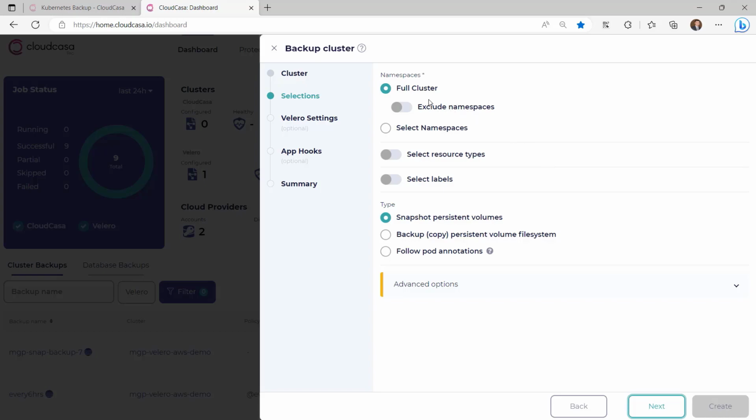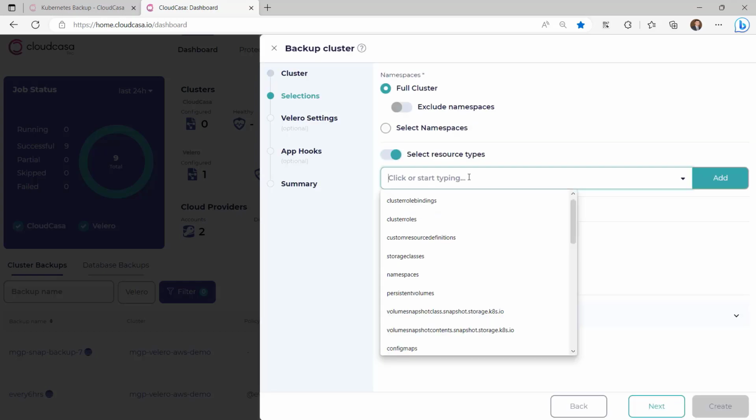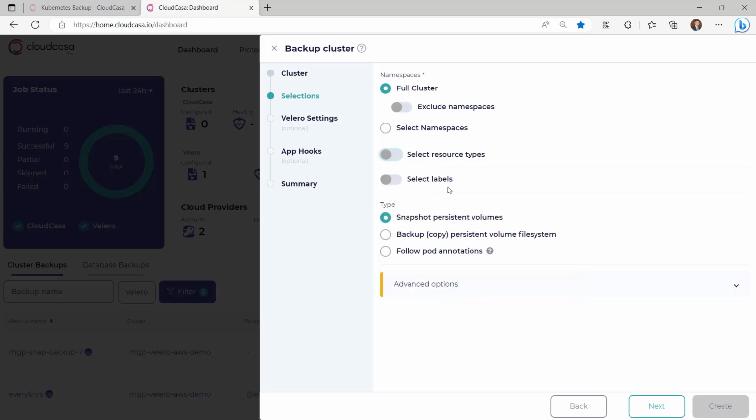So for example, here you can select to back up the full cluster or exclude certain namespaces or select individual namespaces, filter based off of the resource types that you want to back up. For example, filter based off of the label selection for the resources that you're looking to back up, and also specify the type of backup that you want to run. If you just want to snapshot persistent volumes, if you want to back up or perform a file system copy operation using Restic or Kopia, we can do that in terms of data movement